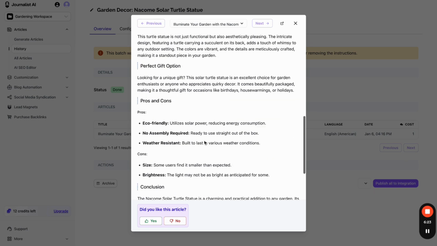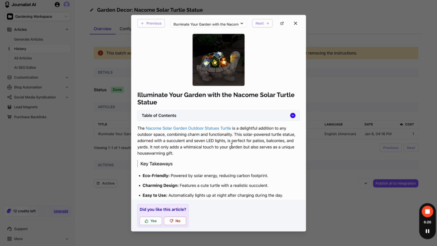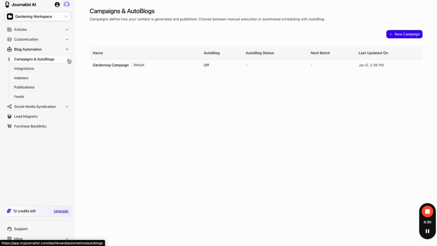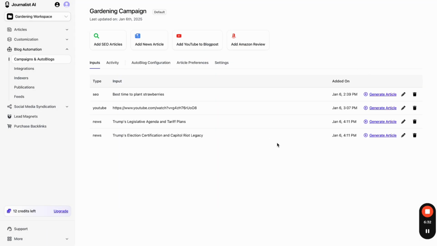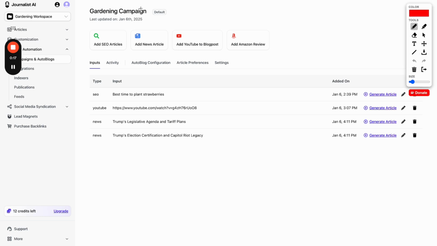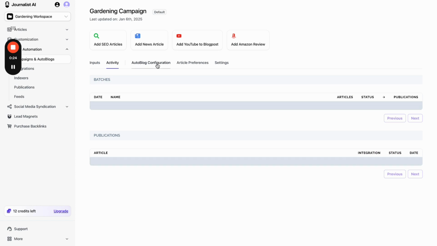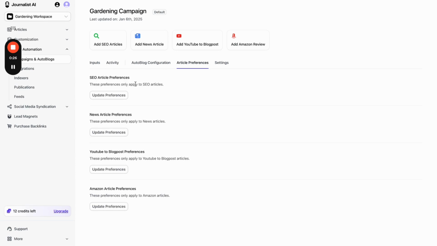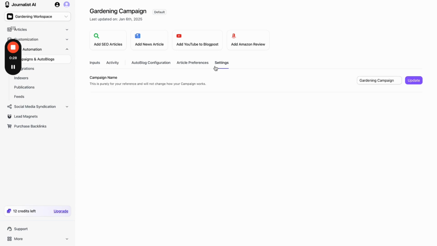Now, as of now, you cannot add videos and images, but this will be enabled pretty soon, okay? There we go, pretty straightforward. Again, we go back here to campaign and blogs and move on with the tutorial. So now that we've, of course, went over how to create every single one of these article types, right? And also went over how the inputs tab works, the activity tab works, right? And every single preference for every single article, as well as the settings tab, I want to go over